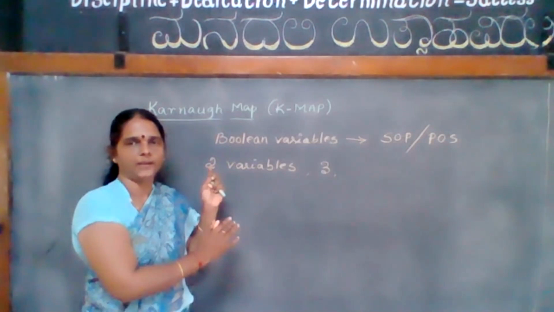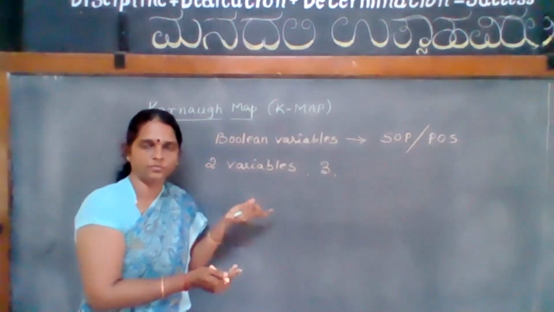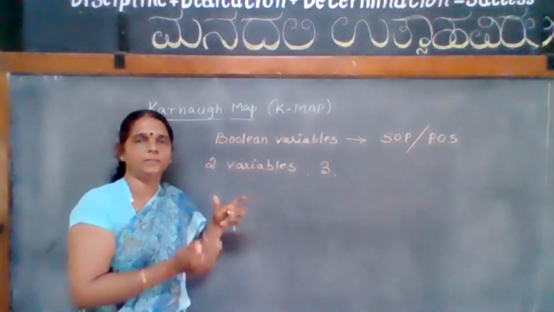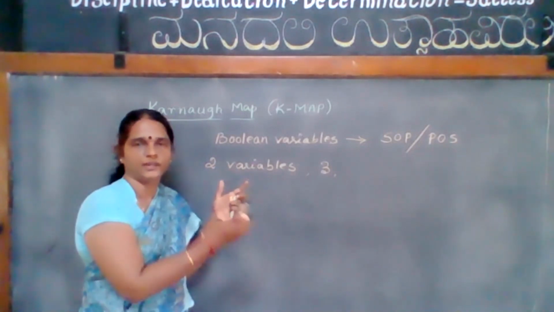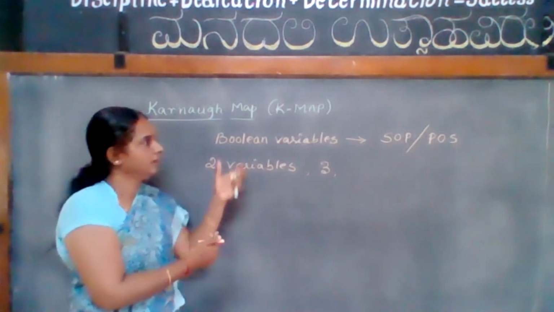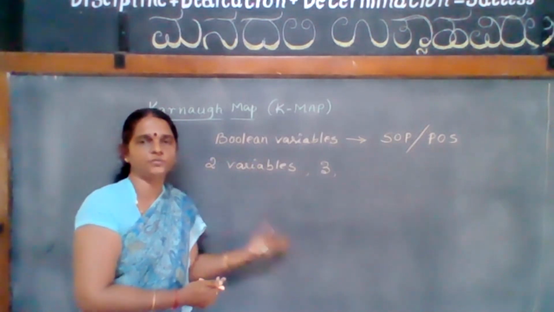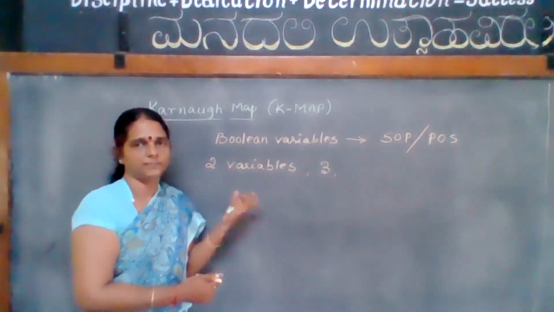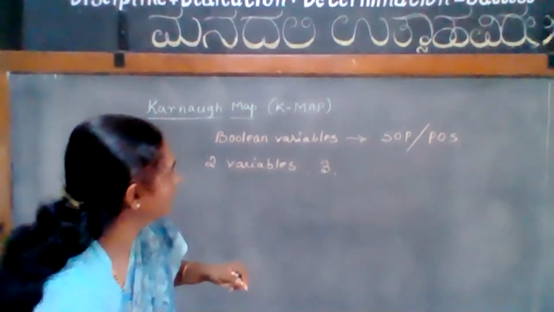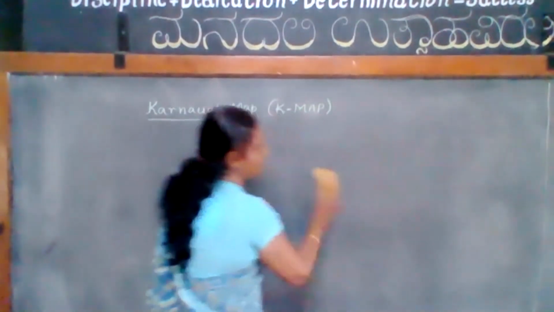So, in a K-map, very easily, without using the Boolean rules, we can simplify just by combining the adjacent variables or adjacent terms together. A very simplified form can be obtained. Within a few steps, we can get the simplified form of any Boolean expression. Now, let us see how to write these variables. What are the rules we need to follow?